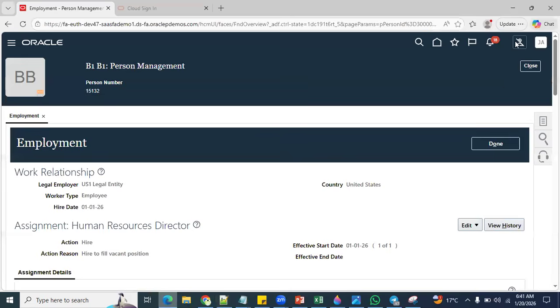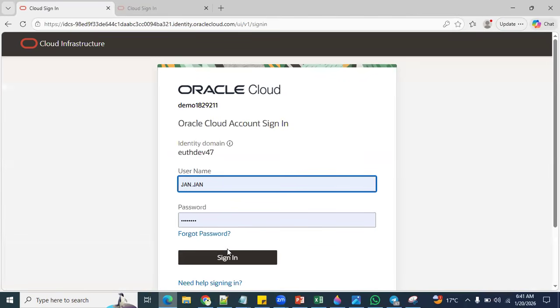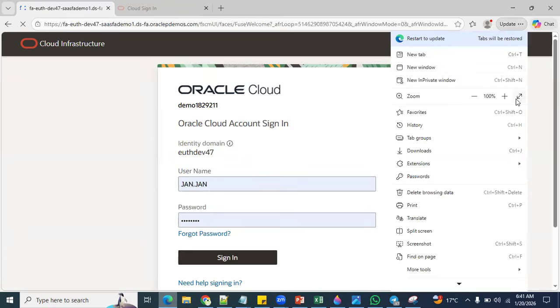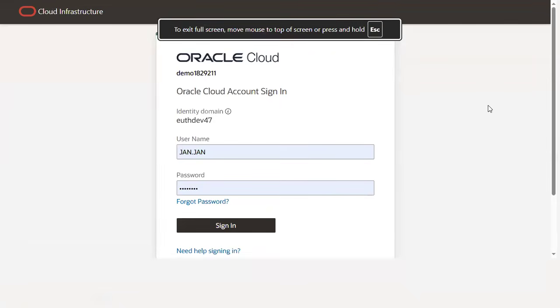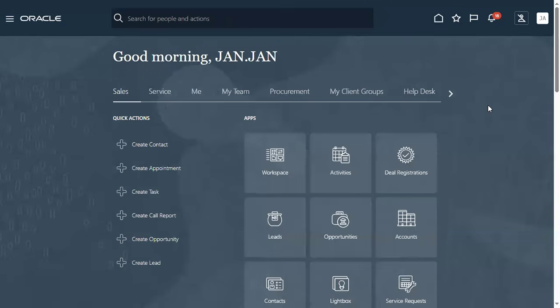Let me show you here. This is a cloud-based ERP product, so we don't need to install anything. Directly we go and enter the URL, then enter the credentials, username and password. And now this is the application. This is our ERP application, Fusion Applications,